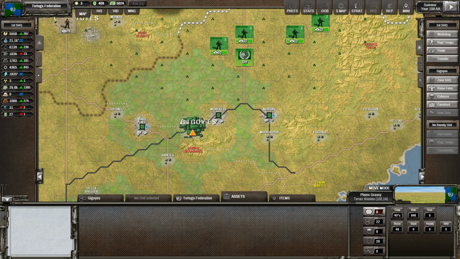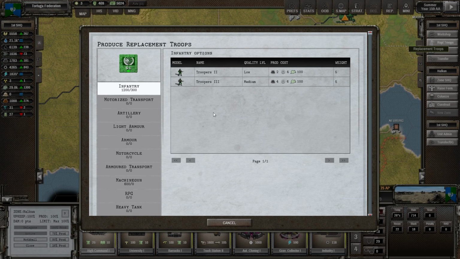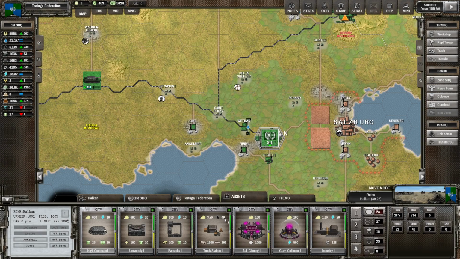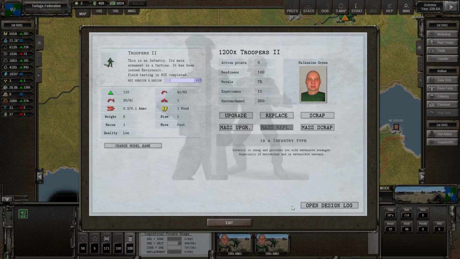Alright, so next I want to replenish some troops, actually. Trooper 3, yeah. So we're going to start producing a whole bunch of Trooper 3s. It shouldn't be too much. Yeah, 124, I think that's... 120, that's perfectly acceptable. Going to produce this many. Quite a few. It is quite a few. My motivation here is because I want to start getting them experience, and I know that they're going to go in there eventually. Okay, and let's go ahead and mass upgrade